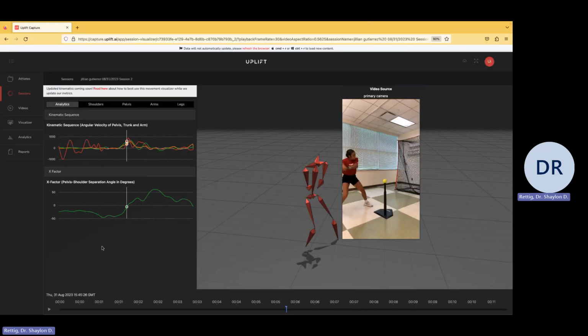And what we're looking for here is your X factor, just how much, this bottom left here, the green, just how much your thoracic, your pelvis and shoulders separate. And remember, we want to create a coil, and within that coil, it creates power. And so looking at kind of where you start and where you end, you get about 22 degrees. Ideally, we want you at least 25. Most people, I won't say most people, but a lot of the top hitters are between 25 and 35 degrees. So we do want to work on